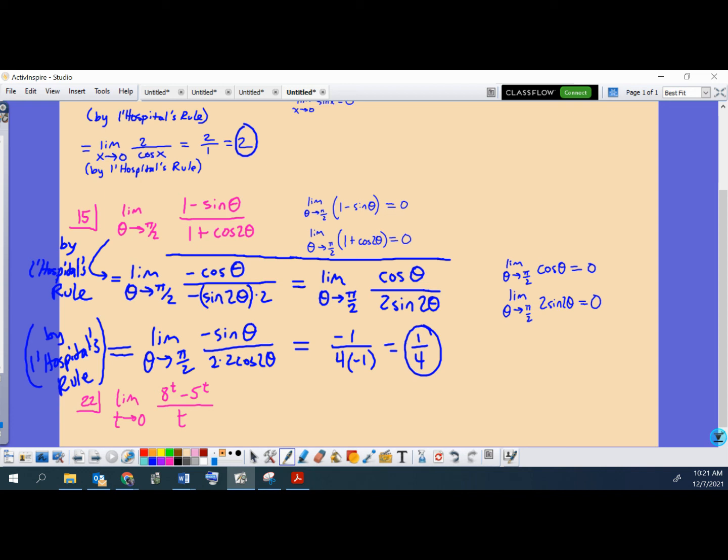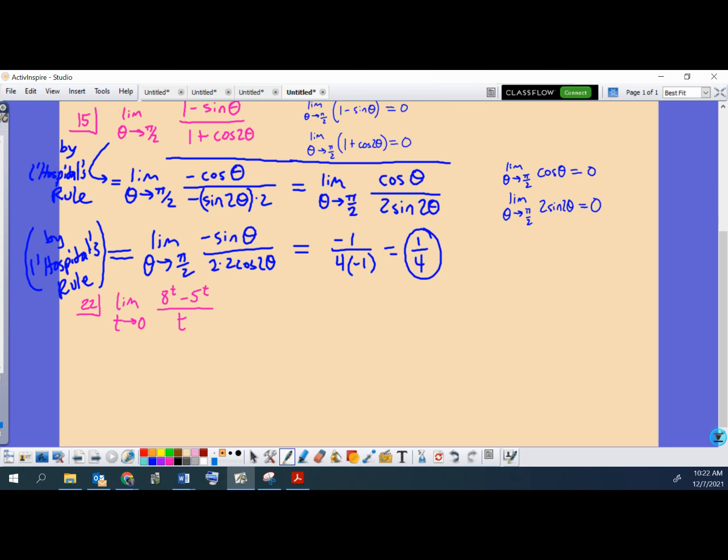When there's a lot of work, sometimes it's nice to circle your answer, show what you're getting. Maybe restate the question even again, like say this limit equals 1/4. Just make it really clear, especially on the AP exam, you've got 108 points to work with, and you're trying to earn as many as you can. And the margins are like a point could be the difference, right? A point could be the difference between a 4 and a 5, or a 3 and a 4, or a 2 and a 3. And if you have the time,